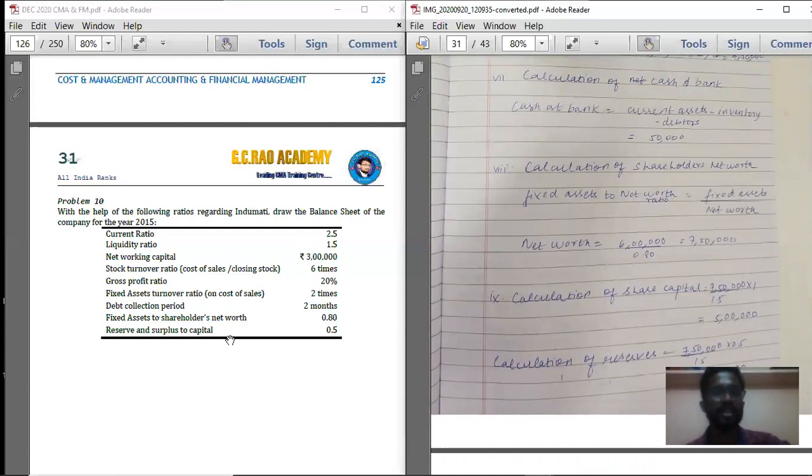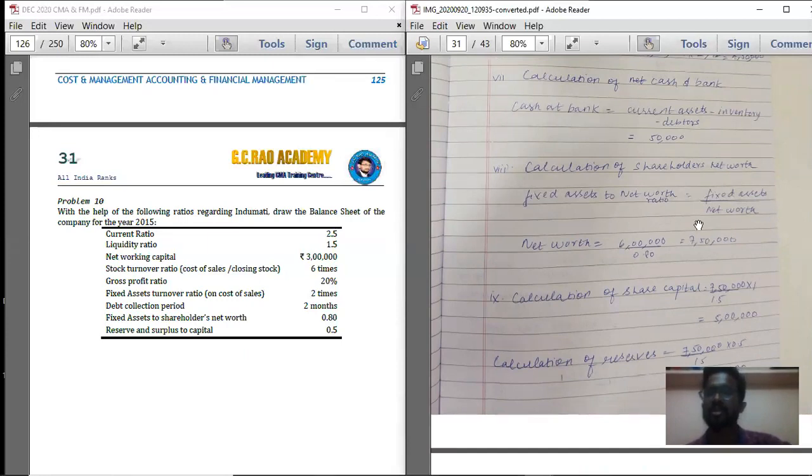What is the formula then? Fixed assets divided by shareholders net worth is equal to 0.8. So fixed assets divided by 0.8 is equal to shareholders net worth. So point number 8, calculation of shareholders net worth. Below that, write the formula. Fixed assets to net worth is equal to